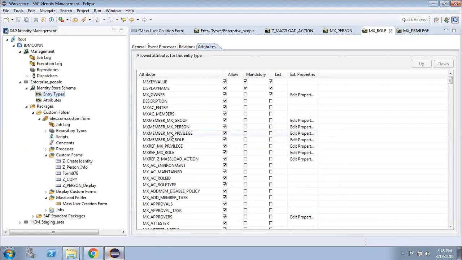Privilege is always superior to the role, so I always need to use mx member mx privilege. This mx ref mx privilege will not be used in 99% of cases. We have to go to that particular entry type, check it, and based on that we have to add.